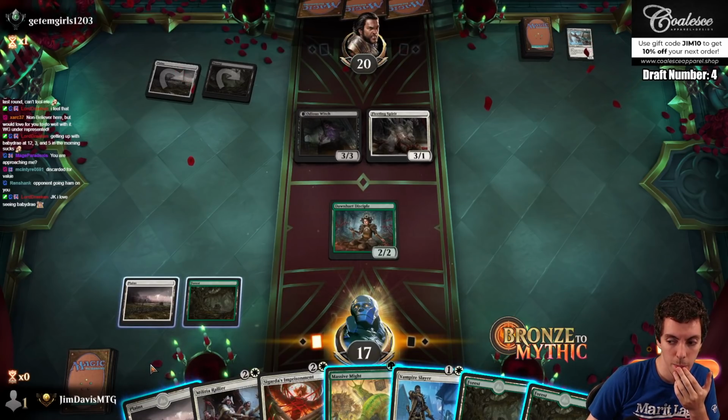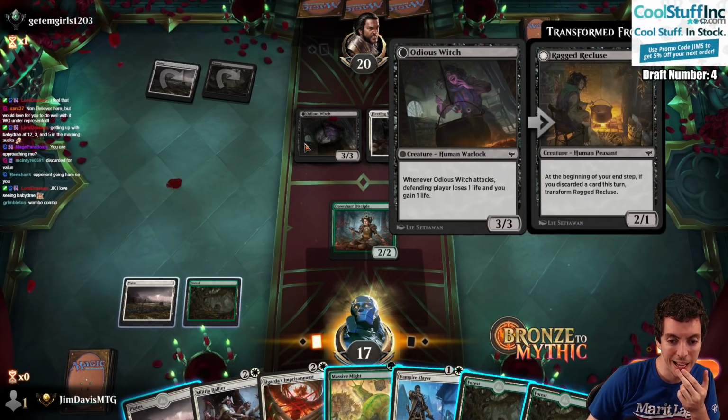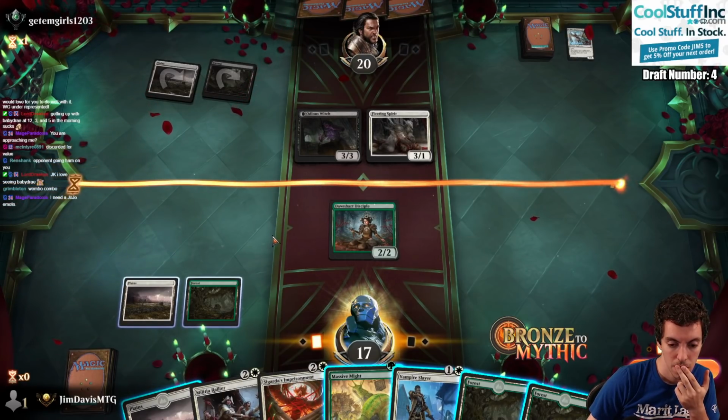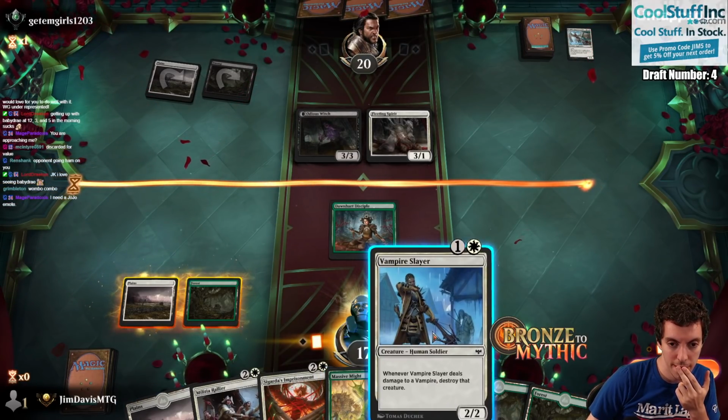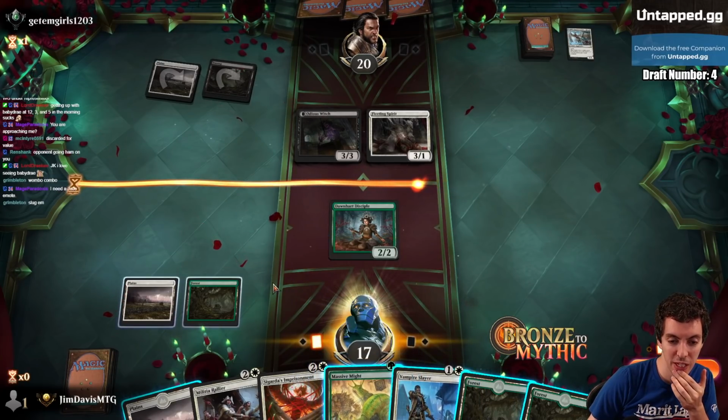Alright. Well, what am I going to do? I could pacify it. Play Vampire Slayer. Swing. Try and get a block. If I don't block, I can block and defensively use my Massive Might. I really hate that, but...